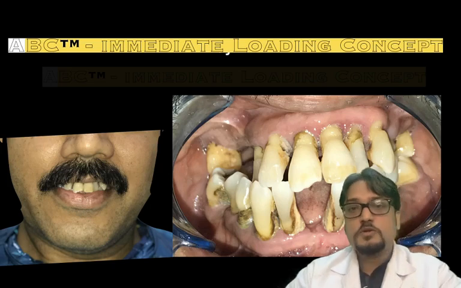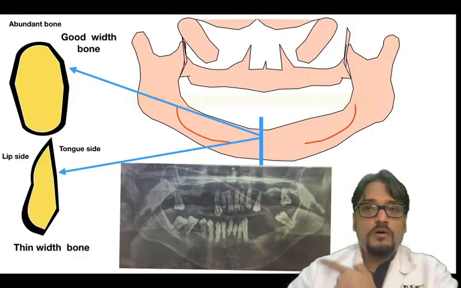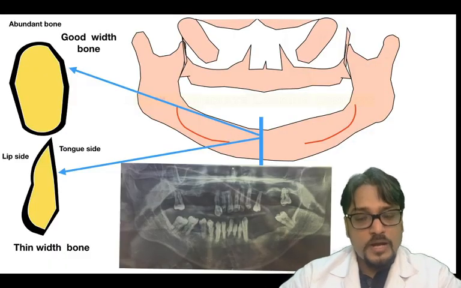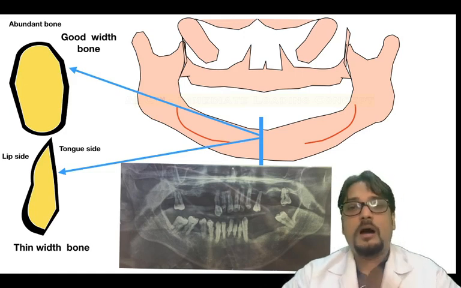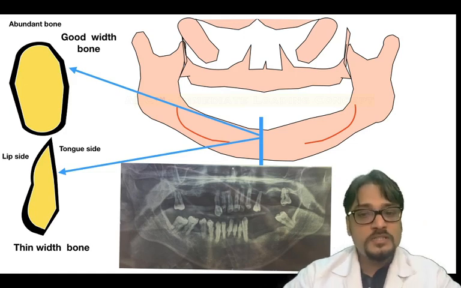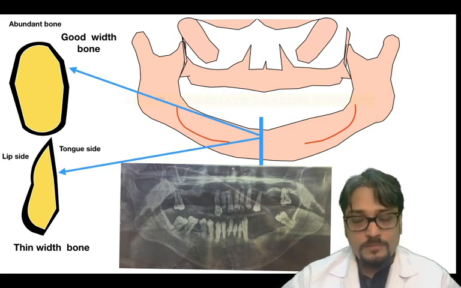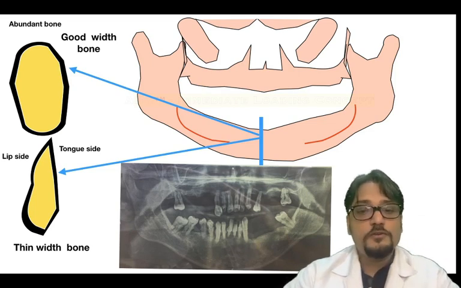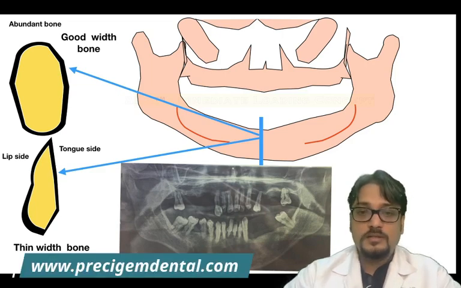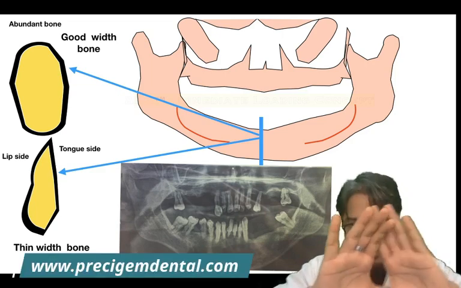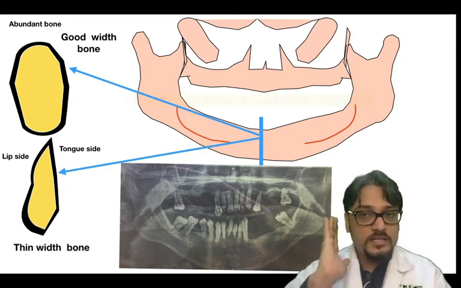So, for example, let me show you about this case. Below, next to me is a dental panoramic X-ray of the same patient. Upper is a diagrammatic representation of the panoramic X-ray. The X-ray looks like it has very good, abundant bone, but there are always two possibilities. A panoramic X-ray gives us the length and the height, but it doesn't give you the